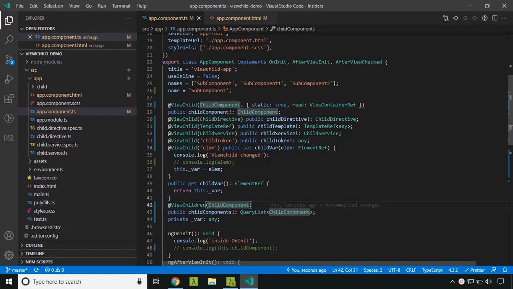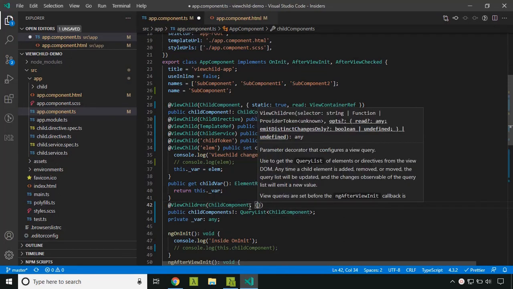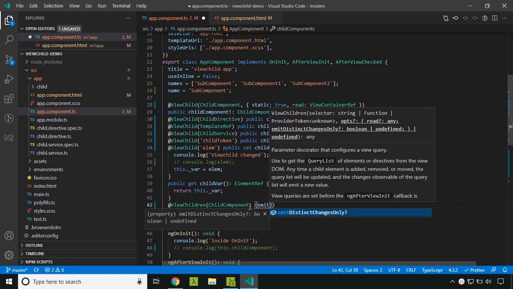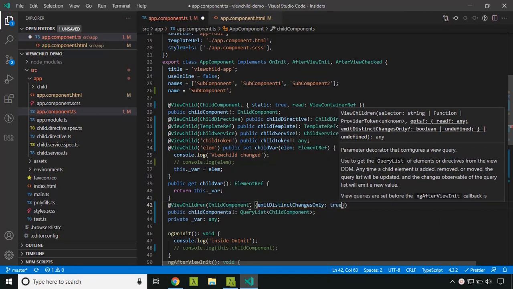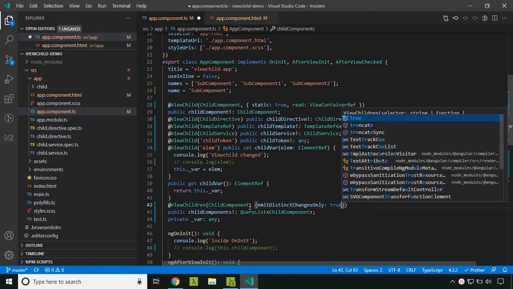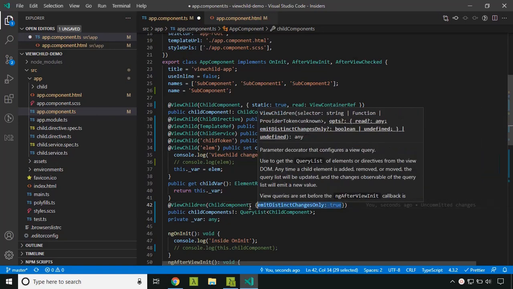Let's take a look at the options which are available within ViewChildren. Here you can see that the static option is not available. Instead of that, we have something called emitDistinctChangesOnly. By default, this is true from Angular 12 onwards, and they will be deprecating this flag.